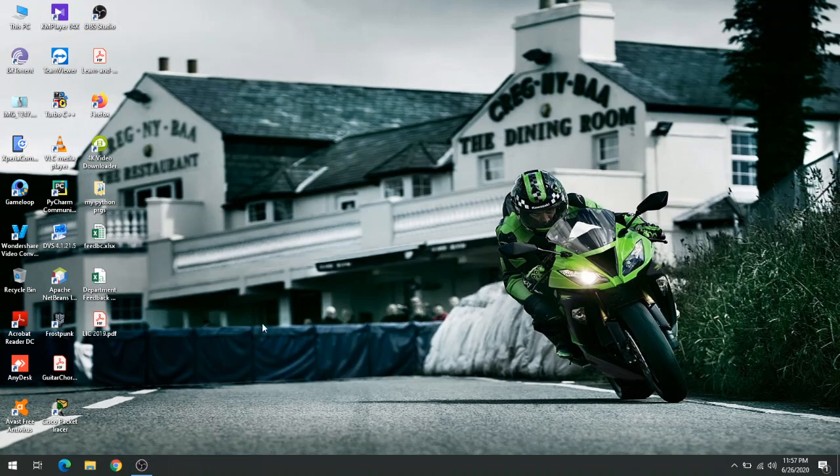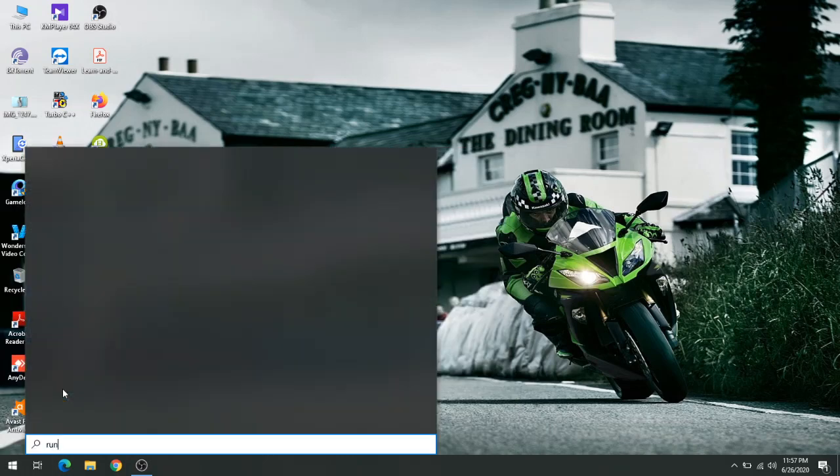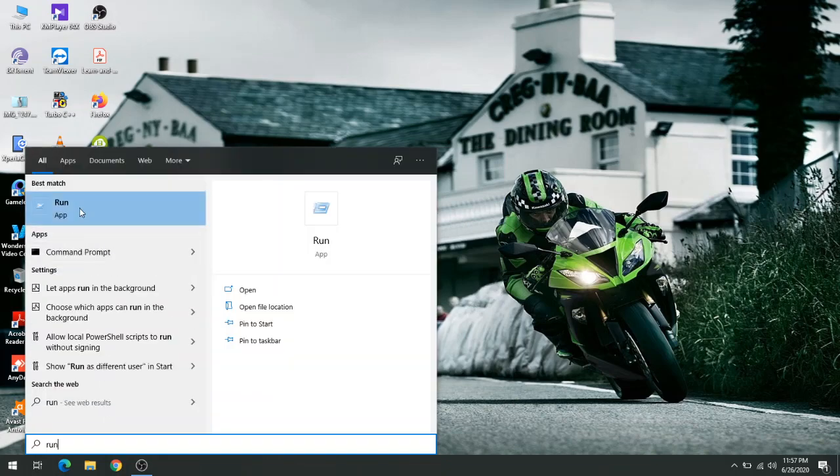So the first step is accessing MS config. When I'm unable to press the Windows key or get to this menu, I'm unable to go to settings, or I'm unable to go to the run window.